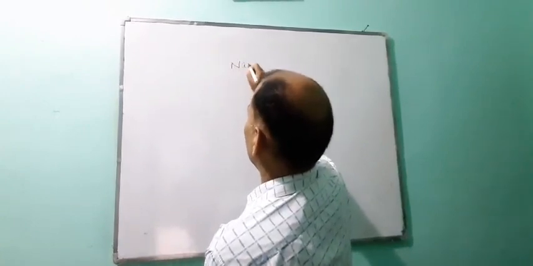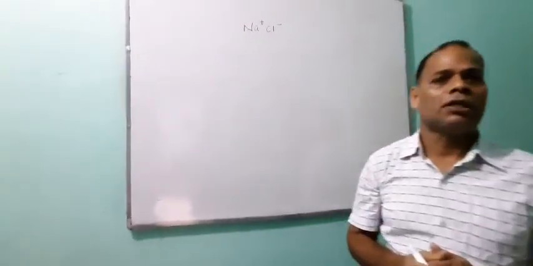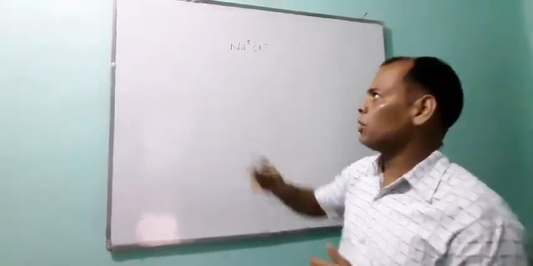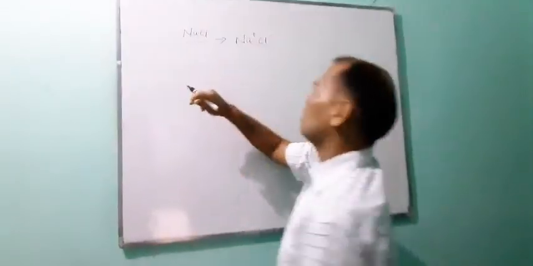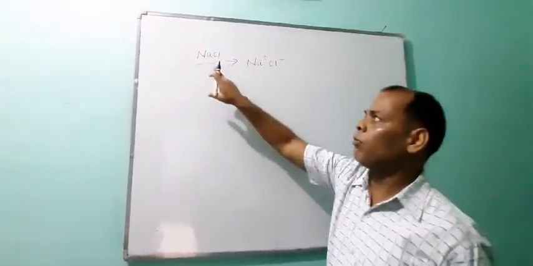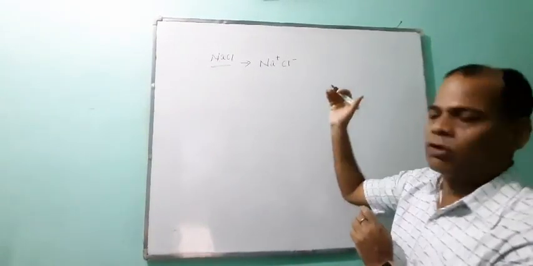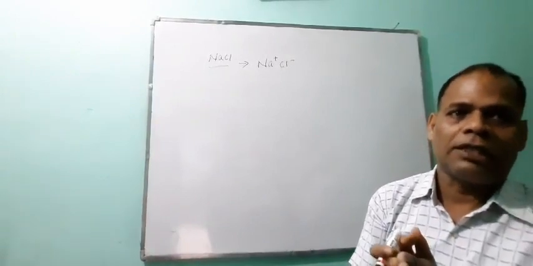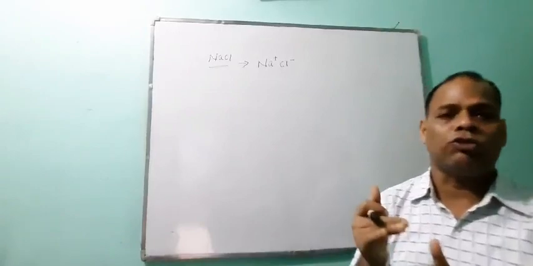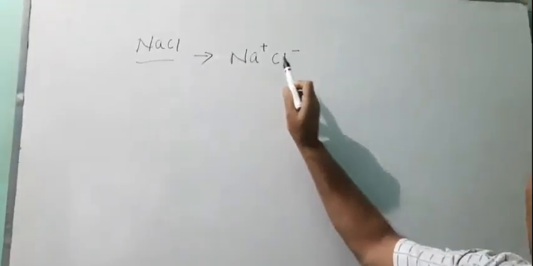The formation of sodium chloride, NaCl, takes place due to the losing of one electron by sodium and the gaining of one electron by chlorine. As a result, sodium acquires 1 unit of positive charge and chlorine acquires 1 unit of negative charge. Sodium ion and chloride ion